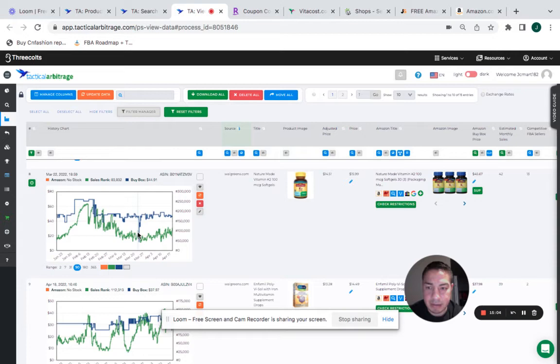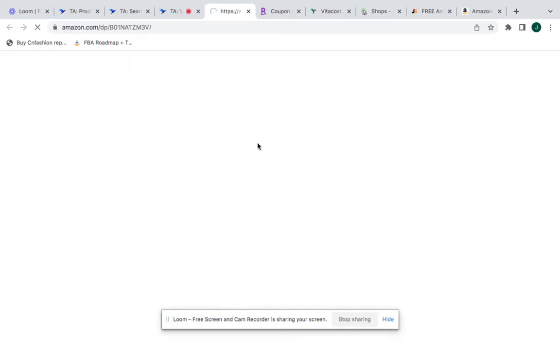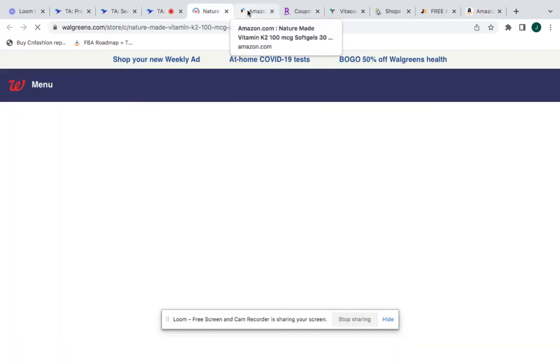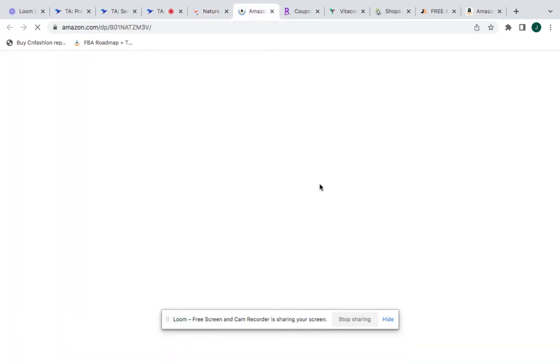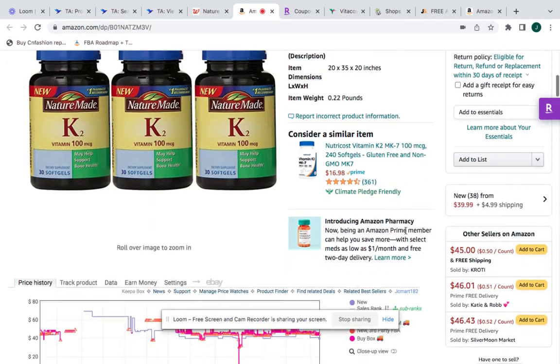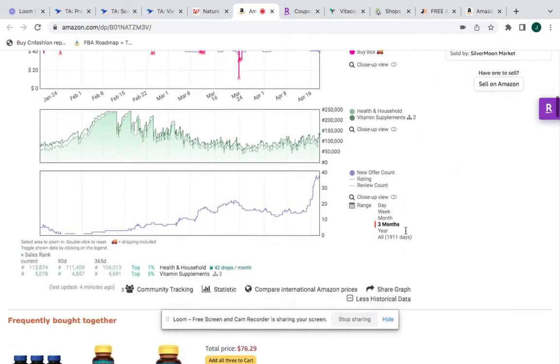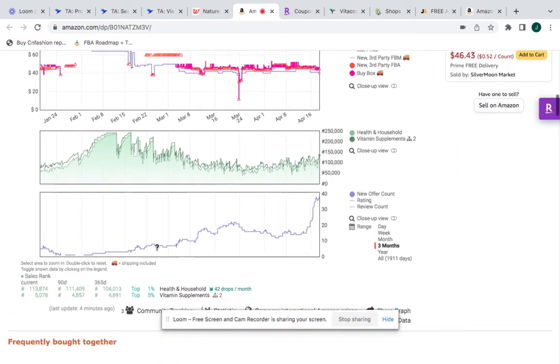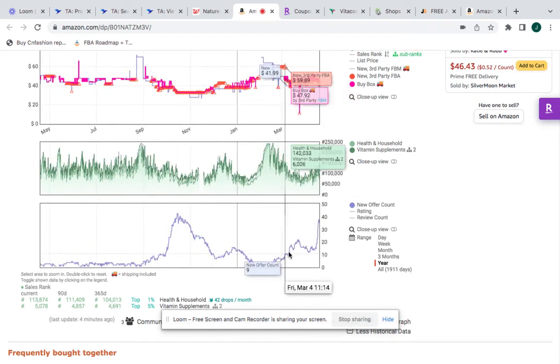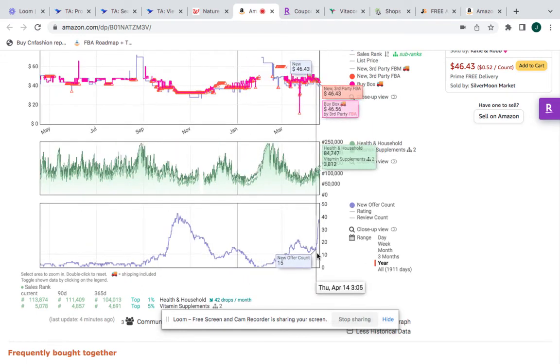This listing I like right here. Real quick, click on those. So all I would do, so real quick, I just want to go over that estimator one more time. So it's in the top 1%. I do like that. However, the only thing I see is there's going to be a spike in sellers that